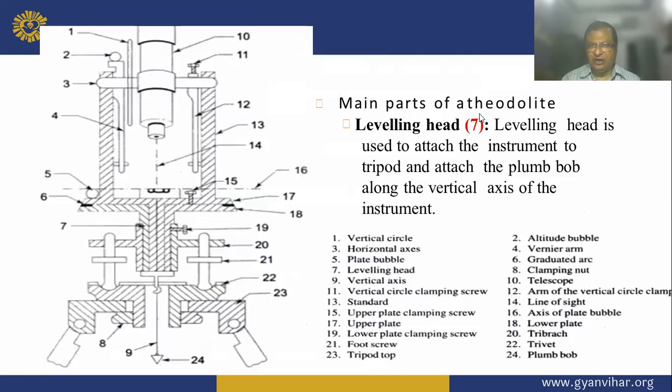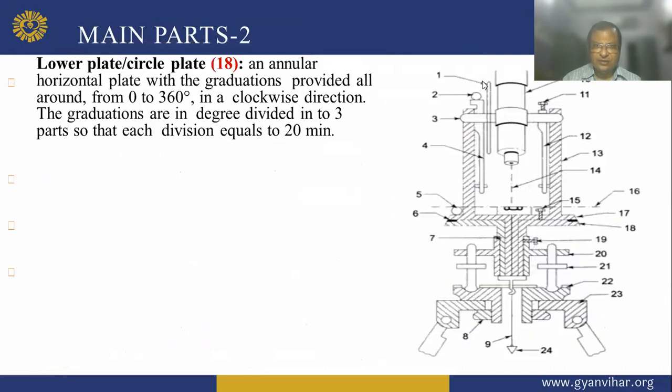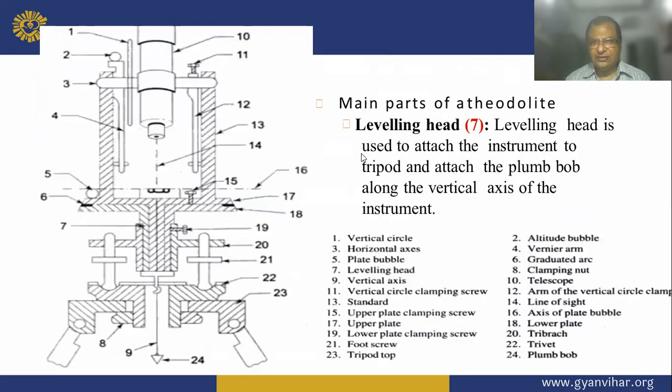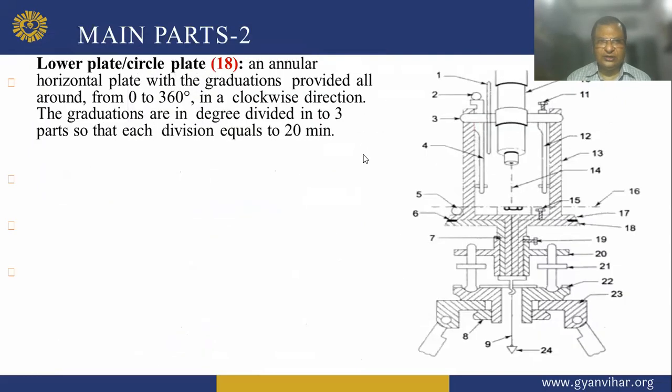This is a part of the theodolite. Main part. So lower plate, circular plate, we are starting from the main part 2. So this is the main part 1, the main base, and main part 2 is the lower plate, circular plate, and